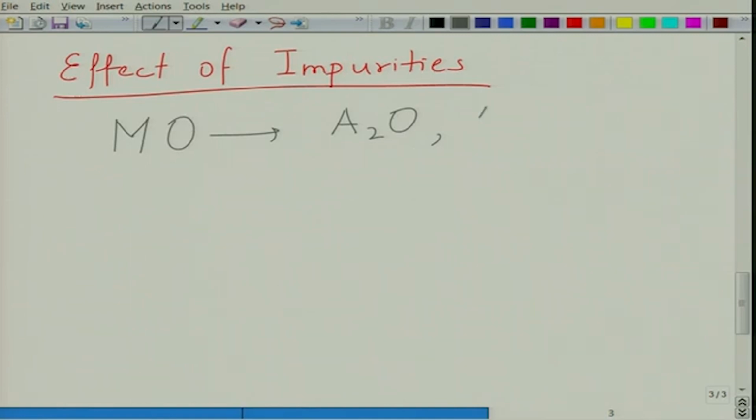I can have an impurity which is AO, I can have an impurity which is A2O3 in very small amounts, and these impurities could be either substitutional or they could be interstitial. Okay. So, depending upon how they are present, what kind of valences of these cations are, they affect the defect chemistry of the parent material. So, let us say the case 1,